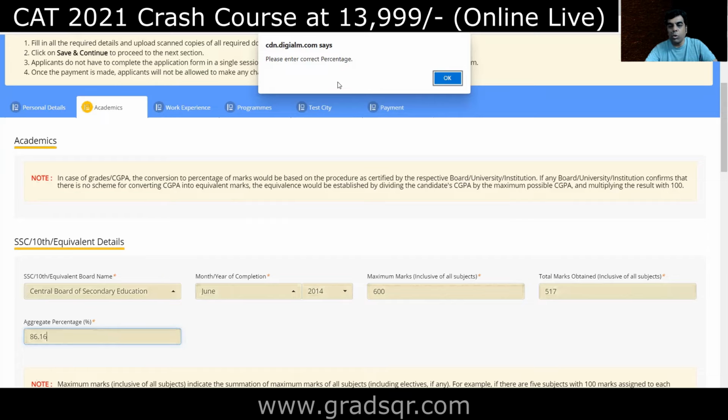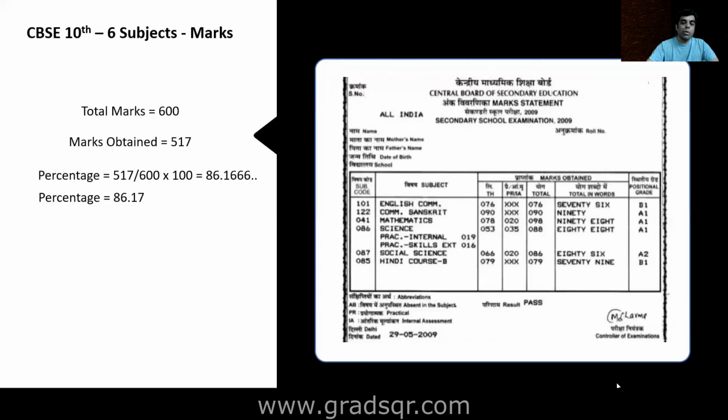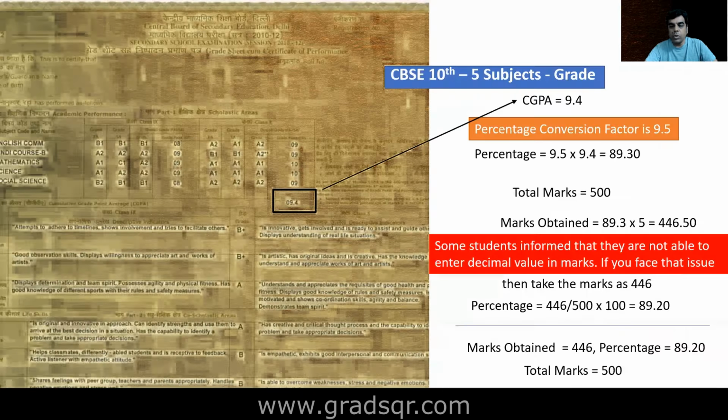So I hope all of you who have been contacting me for this error, check how you have rounded it off. So that's about this kind of a mark list. Now the other kind of mark list that you have is a mark list like this,